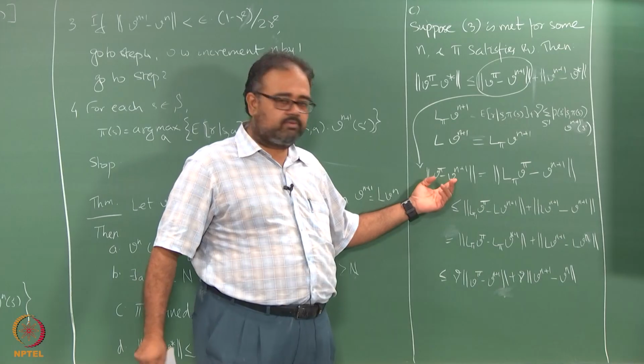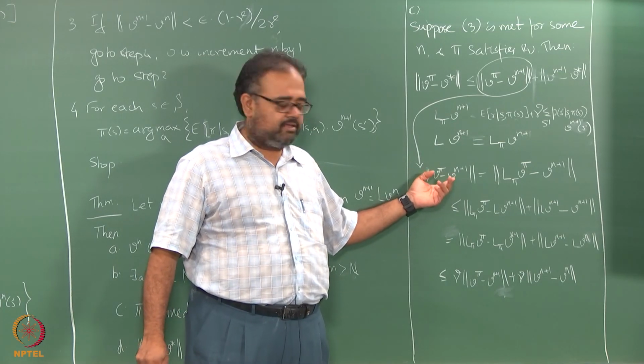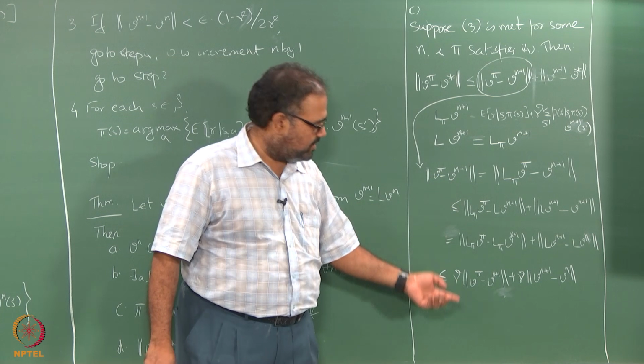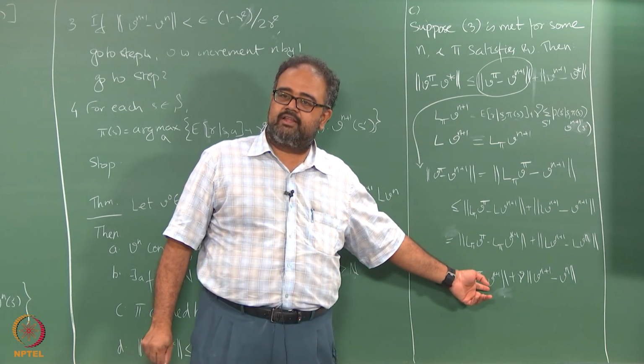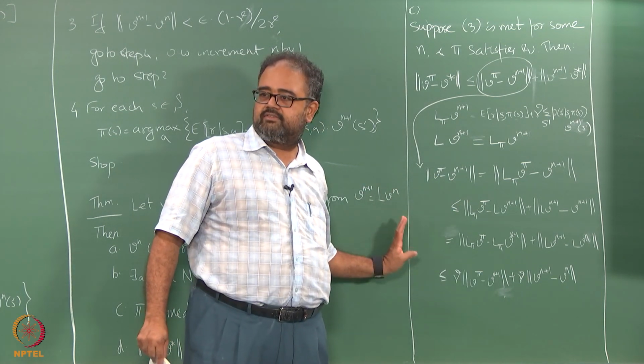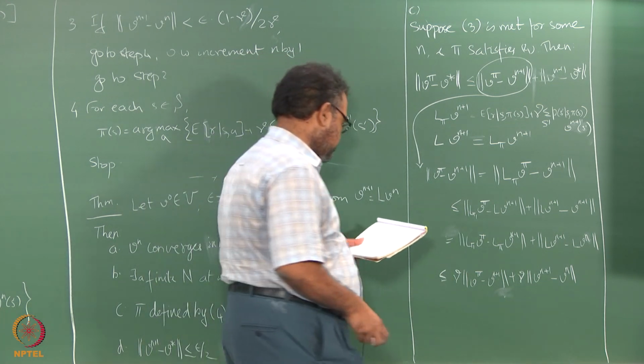So I have V pi minus Vn plus 1 here, and V pi minus Vn plus 1 here, so I can take it to that side and simplify things. So I will essentially get